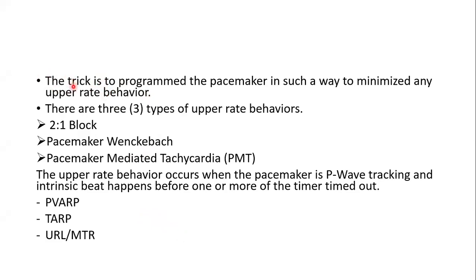If this happens, the trick is to program the pacemaker in such a way as to minimize any of these upper rate behaviors. There are 3 such upper rate behaviors: the 2-to-1 block, the pacemaker Wenckebach, and the pacemaker-mediated tachycardia. The upper rate behaviors occur when the pacemaker is P-wave tracking, and an intrinsic beat happens before 1 or more of the timers time out. The timers usually implicated in these behaviors are the post-ventricular atrial refractory period, the total atrial